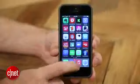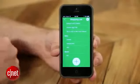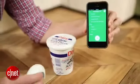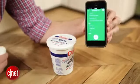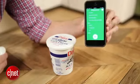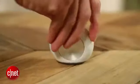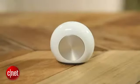So for example, I can speak in the device and say, chocolate. You look on the list and chocolate will appear. Pretty simple. I can also use the barcode reader in the same way. Simply push the button, you get the light, and you swipe down the code, it pops up on the list automatically. Now in testing I found that both the voice recognition and the barcode scanning work pretty well, but there's